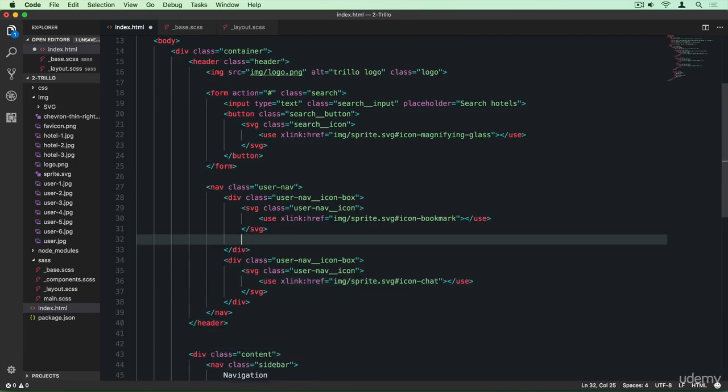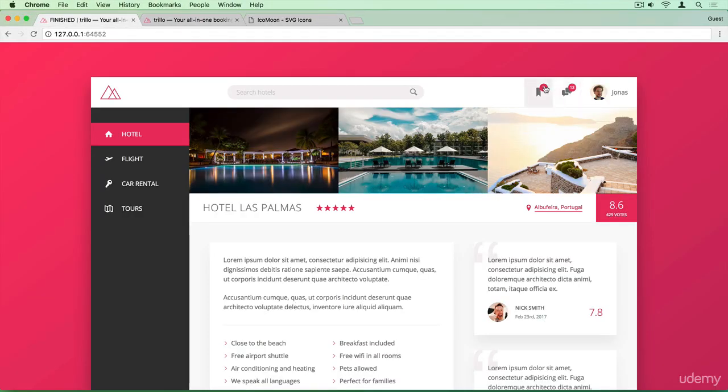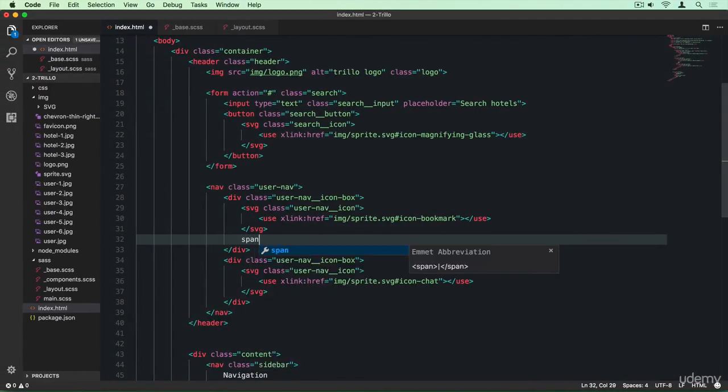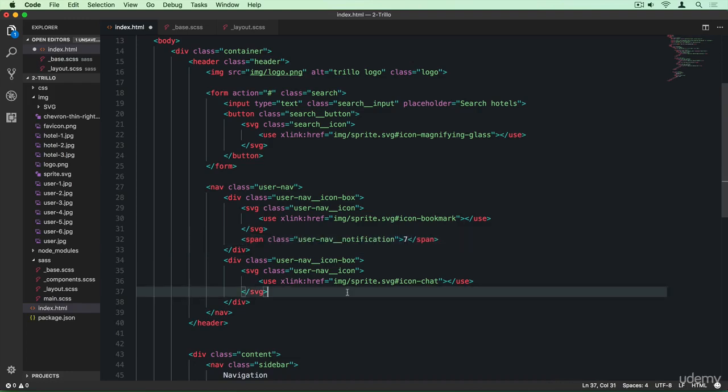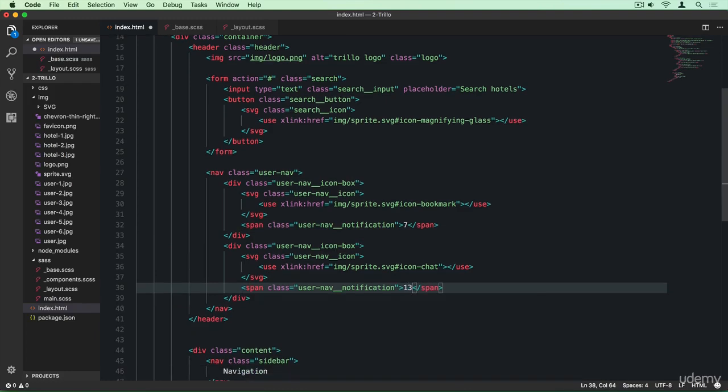All right. And actually we also want like this notification indicator here, right? So this small notification circle here, okay? So that's just a span element, which I'm calling user nav notification. And here let's put a 7, and then in the other one, let's put 13. Okay, and now the next box,